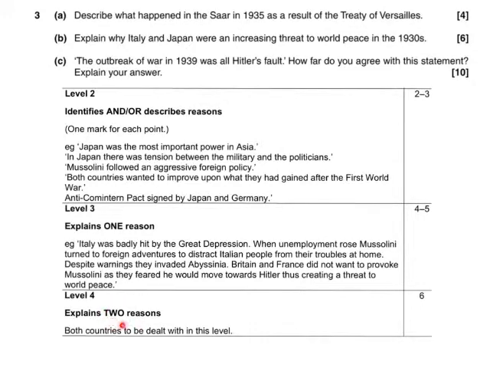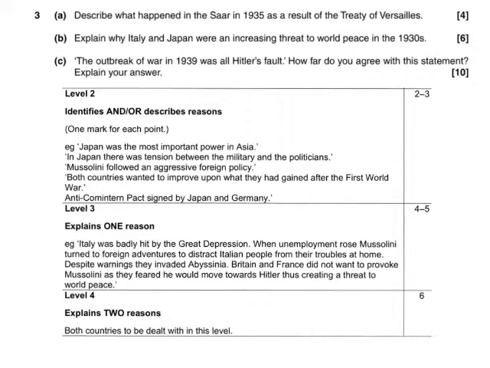If I explain 2 reasons like this, I'm going to get 6 marks. So you're going to have to do double the amount of work just to move from 5 to 6 marks. But it's all about increasing wherever you can those little marks that you need to pick up for the best grade you can get.